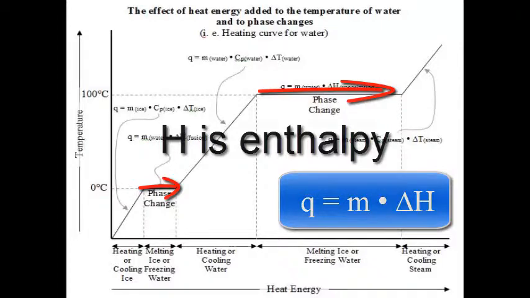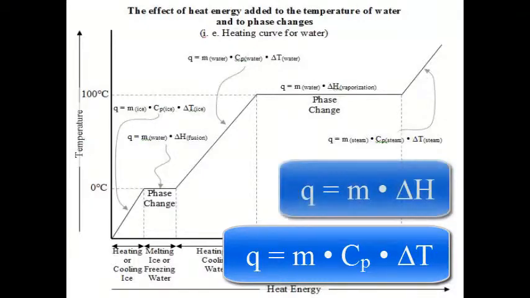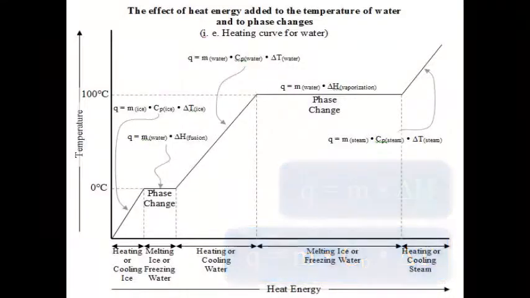Okay, so you've only got two equations here. As long as you're changing temperature within a phase, Q equals m Cp delta T. If you're changing the phase, you're melting or freezing, boiling or condensing, it's Q equals m times delta H, which is the change in enthalpy, the amount of energy stored in the system. And if you're going to go through all of those changes, you have to add up all of those Q's. Okay? The heat is the result of all of those being added together. Okay? So Q total